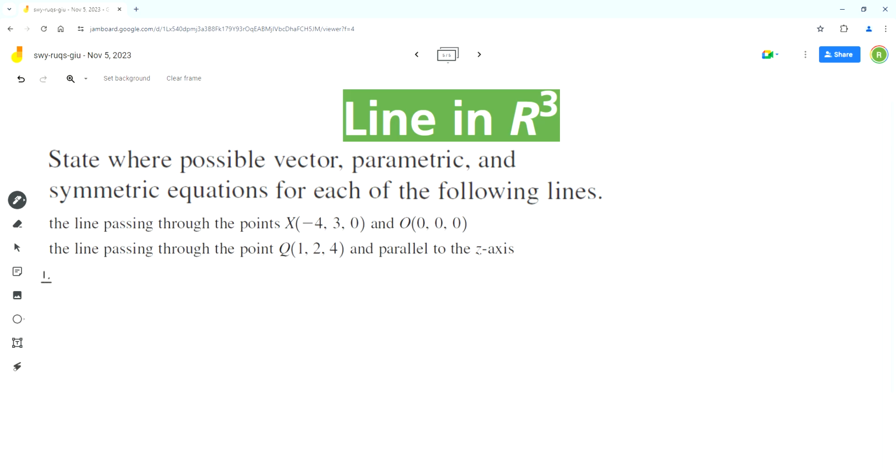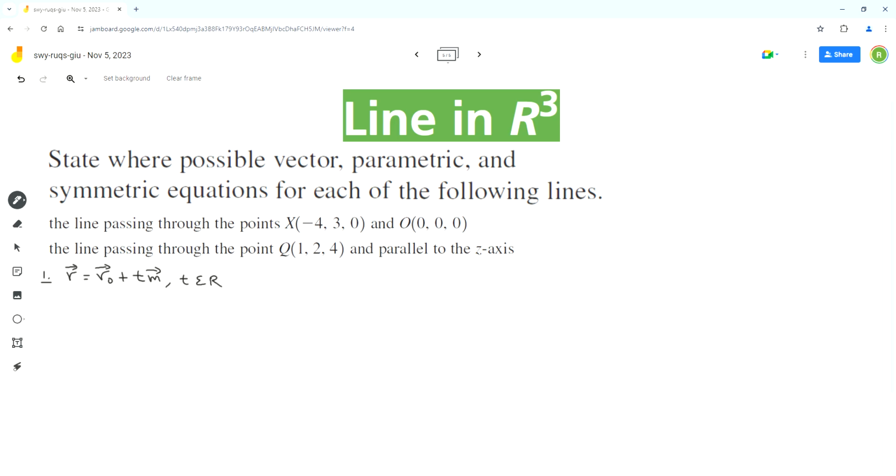Let's start by finding the vector equation of the line. We can write the general equation of a line in vector form. In this equation, vector r represents the position vector of an unknown point that lies on the line. Vector r naught represents the position vector of a known point that lies on the line. t is the parameter and it can be any real number, and vector m is the direction vector of the